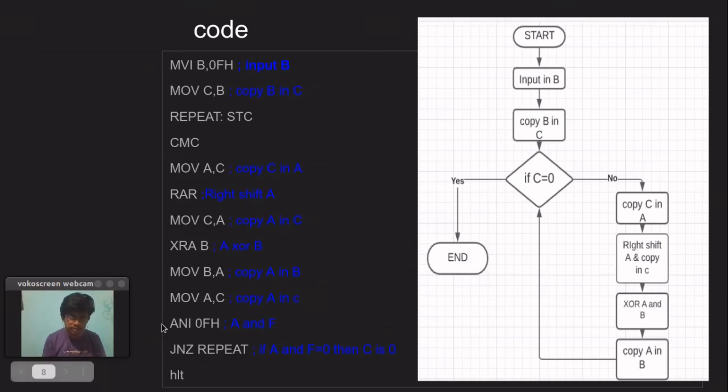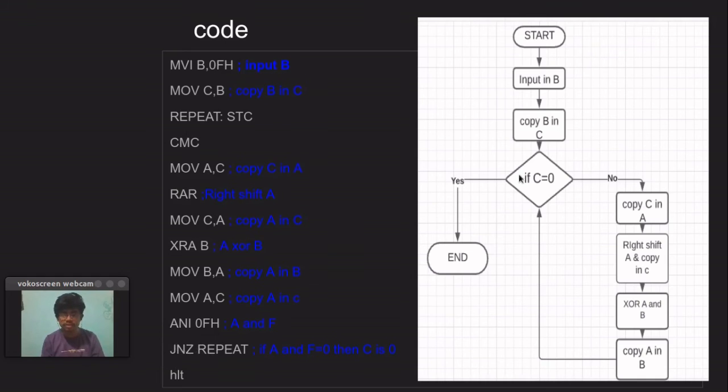Now these 3 lines are used to check if C is 0. Initially we take the value of C in A. Now by ANDing the accumulator with FFH, we will get 0 if and only if the accumulator is 0, and then the zero flag will be 1 and the repeat will not take place.